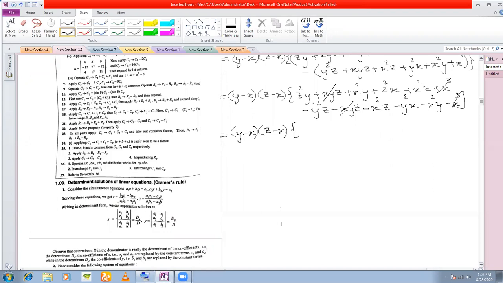You can take two at a time, right? You have a z square here, you have a z square here. Take them together. Z square y plus z square, or not z square y, z square x. You can group these two together. Z square y minus y square z. One more will cancel. X square y minus x square y. This will cancel. Okay, fine. So z square y minus y square z, you are going to get,